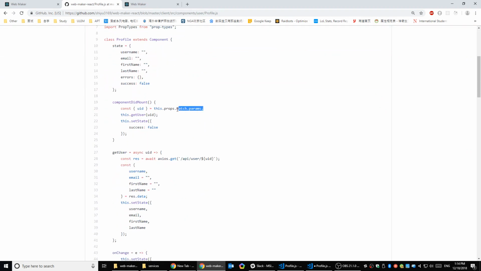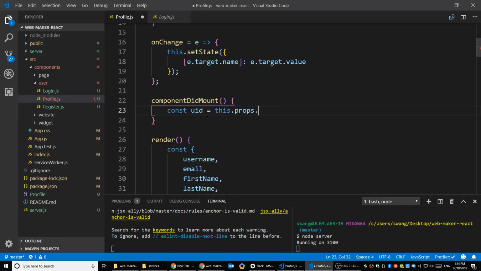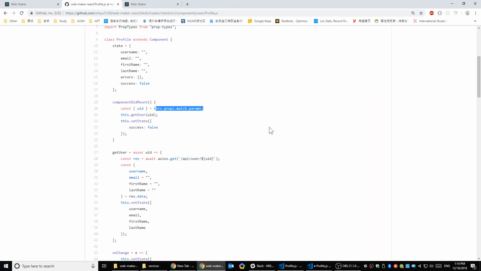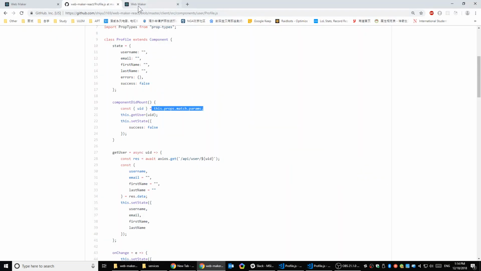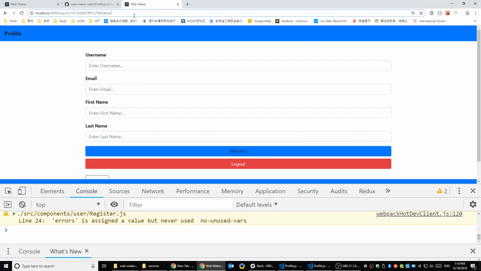Yeah. So it's from this props match. This props match params. Yep, this is where we get the UID. I don't understand where that match is coming from. This match is a predefined object in the React router. From the browser router? Yeah, from the browser router, and it's